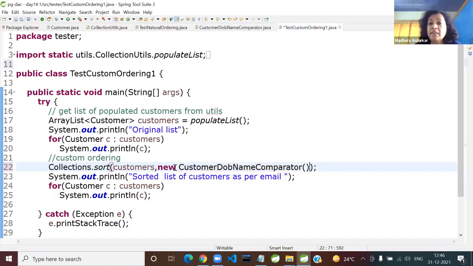And here, now tell me, is it going to use still a natural ordering compareTo method, or is it going to use the compare method? Now, compare, because you have supplied the instance of the comparator's implementation class. So you can change the title here, date of birth and name.